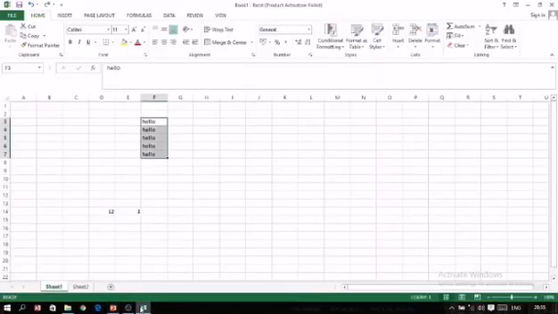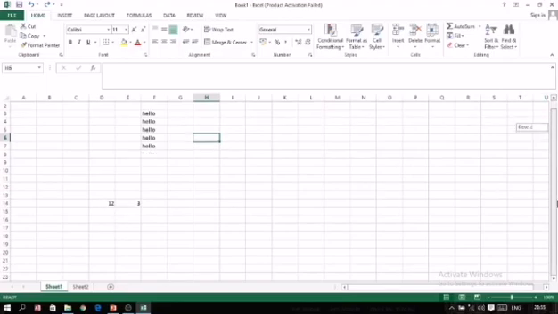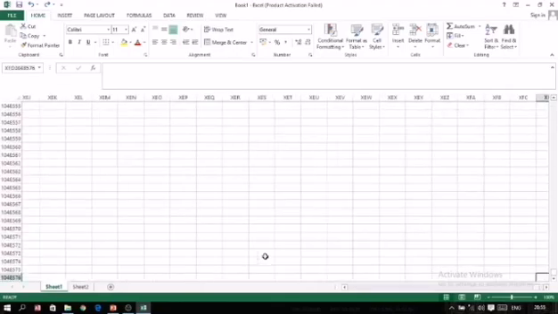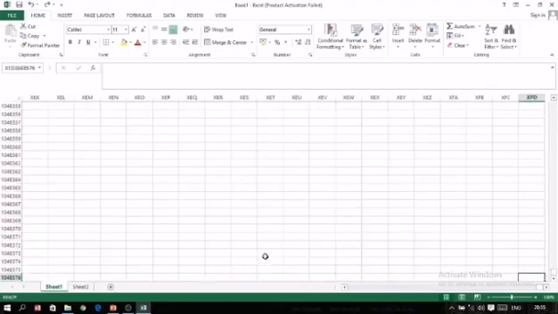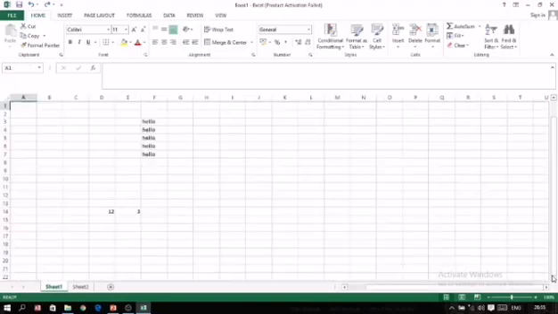For example, you are working somewhere and now you want to move to the cell which is towards the last cell of the worksheet. So you can use a scroll bar. You can simply drag it, or you can use a keyboard shortcut to go to the last cell. In that way you will reach the last cell, or you can use a scroll bar for moving up and down. So with the help of the scroll bar it can be moved, or you can take the help of the name box.